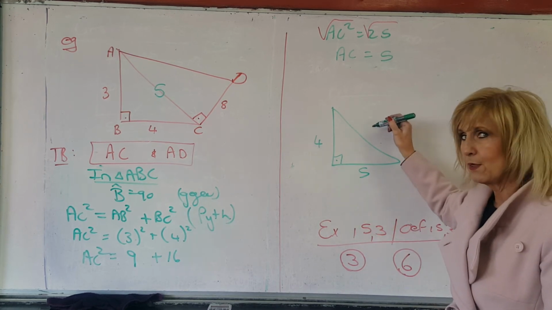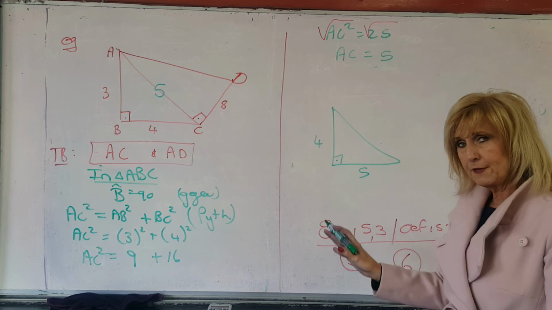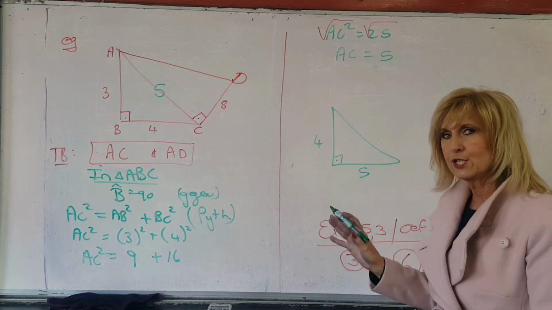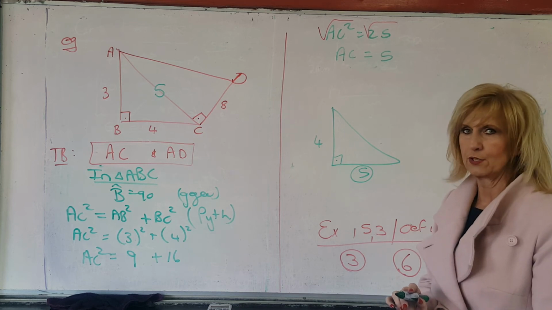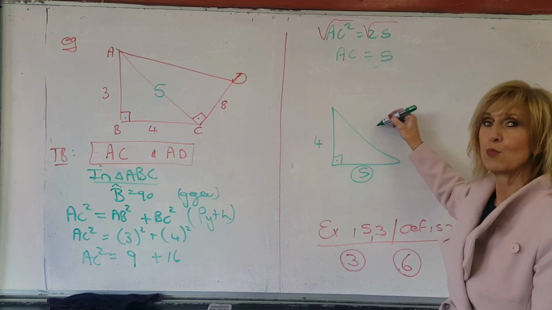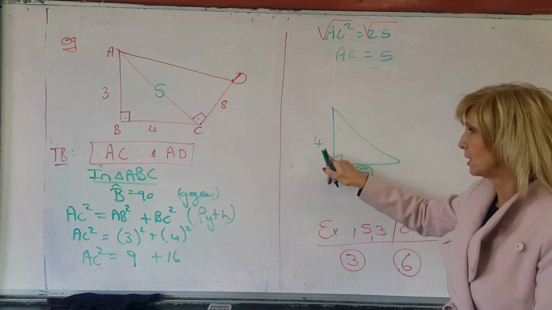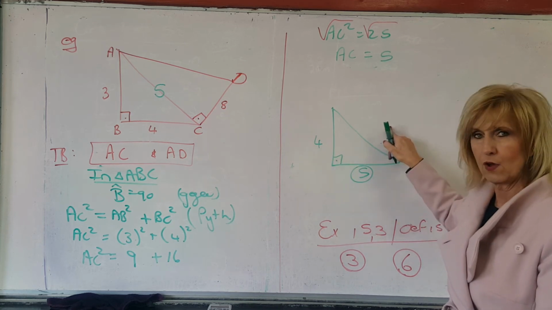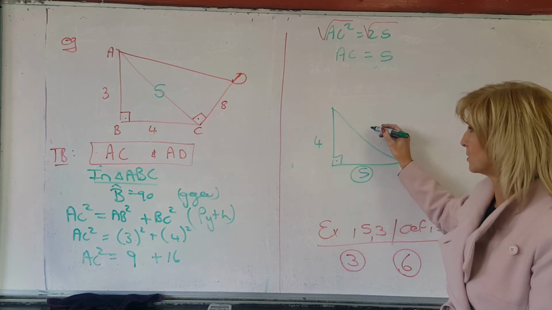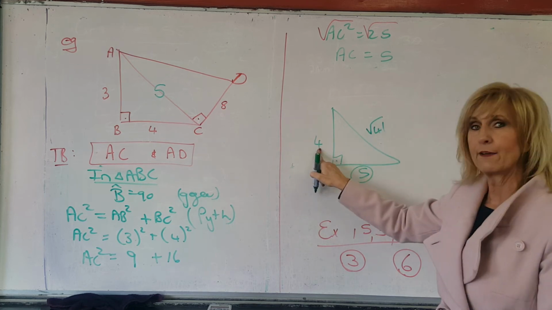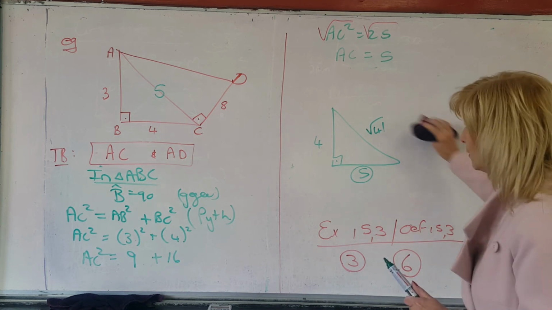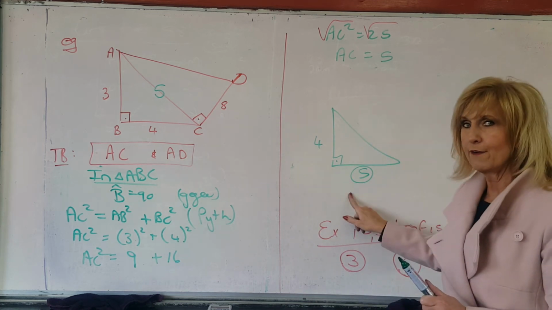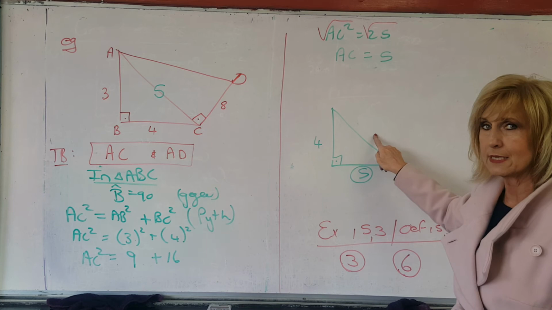This cannot be 3. If it's the golden triangle, it has to have the hypotenuse side 5, and that's not the hypotenuse side. This one will be much more, because remember it's the longest. You're going to have to square and get the answer, which would be square root of 41. I'm not going to show you that now. Just to know, if I give you 4 and 5, it's not always going to be 3, unless the 5